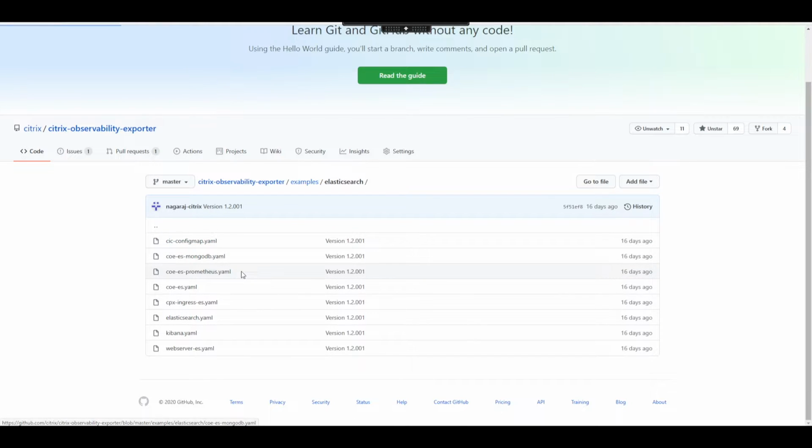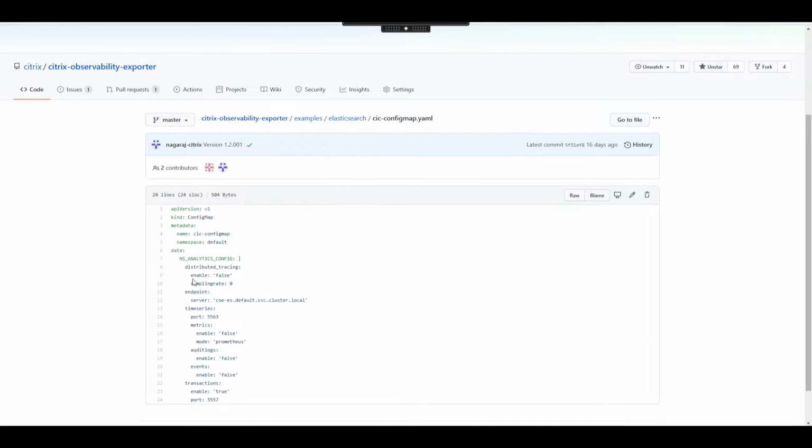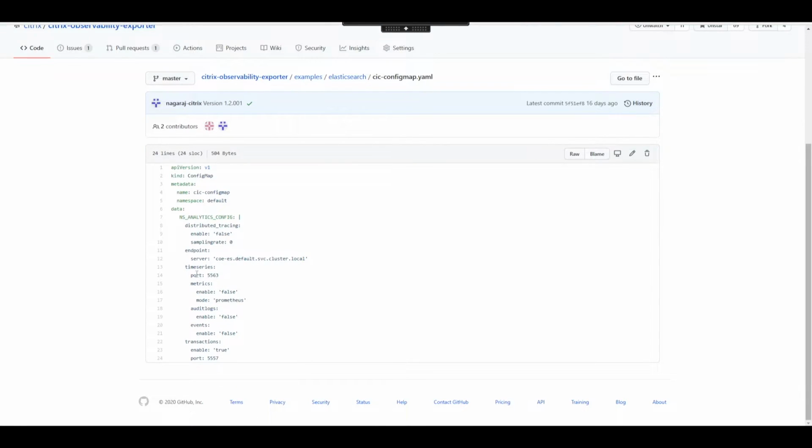First, let us see the config map. This config map is defined to indicate your Citrix ingress controller that the Citrix Observability Exporter is deployed in this particular IP or FQDN address, and it needs to make the necessary configuration on your Citrix ADC for the required logs to be exported to the COE.